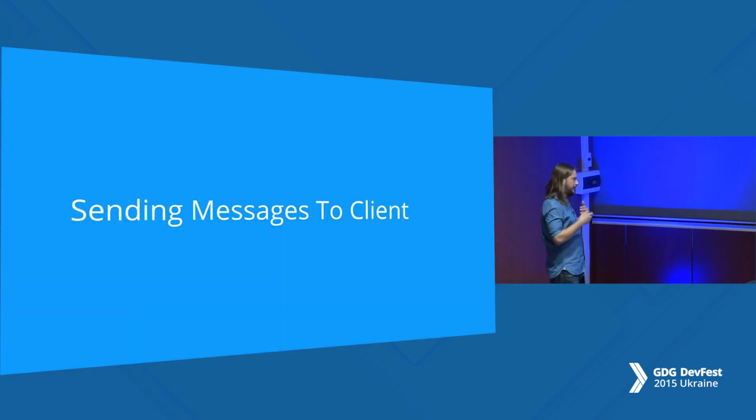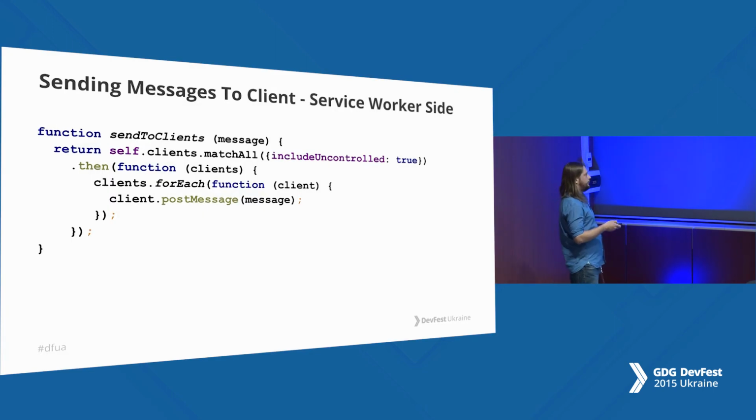And after you update your app, you will probably want to notify the user that the app is updated. So here comes sending messages to the client from the service worker. How to do it? This is a simple realization. This is the function, sendToClients. Self.clients is the context of the service worker, it has clients. You can call matchAll. This method will return all the clients. This is the key, includeUncontrolled. It's set to true. It means that I will also receive those clients that use other versions of service worker